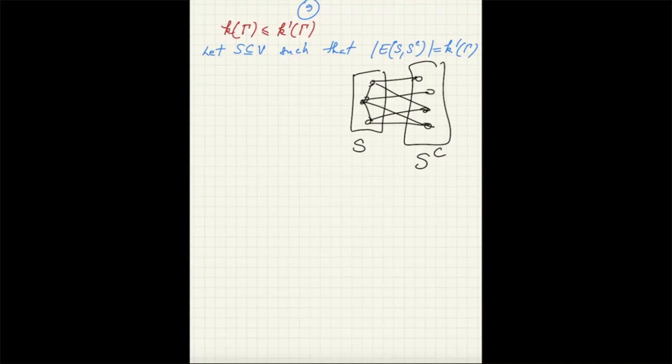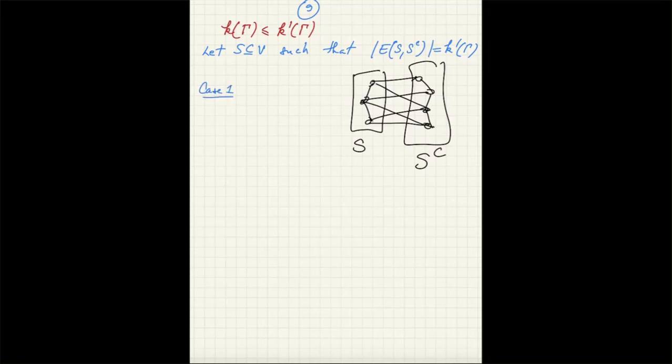Something like this. Okay, so the number of edges in between is the edge connectivity. Now we have two cases. What I want to prove is that this number is bigger than or equal to the vertex connectivity. So case one